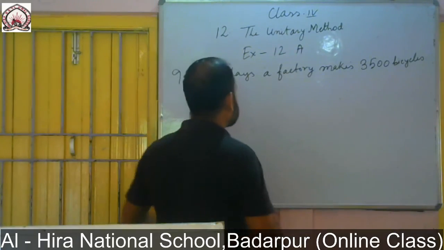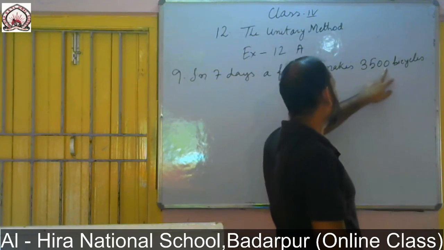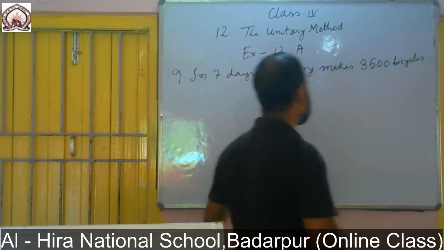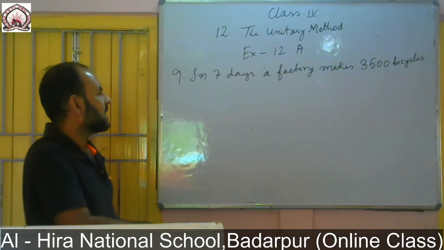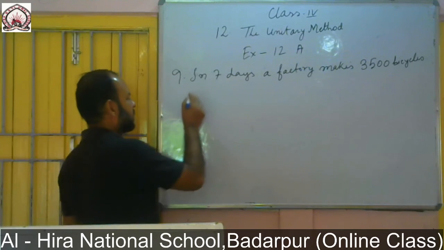In 7 days, a factory makes 3500 bicycles. So first we take out for 1 day, a factory makes in one day